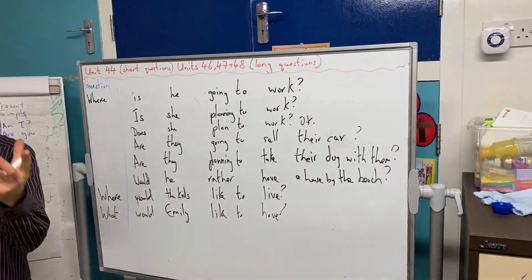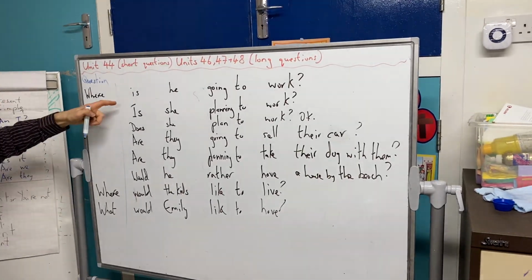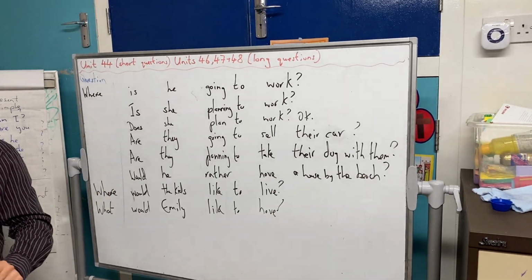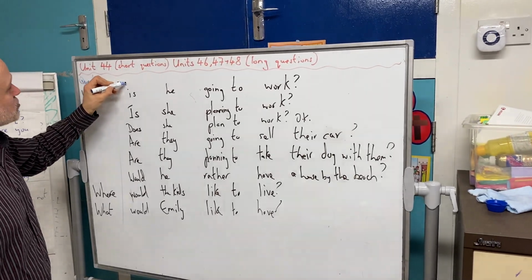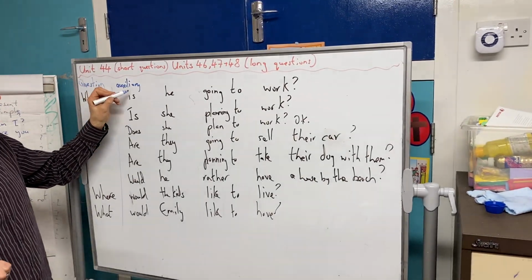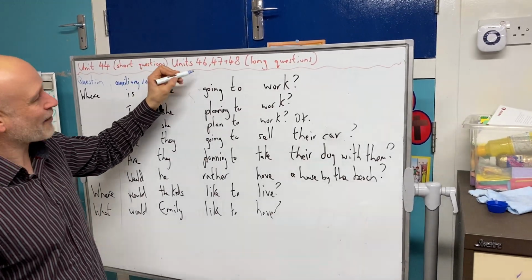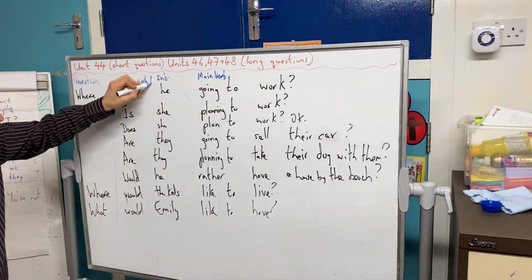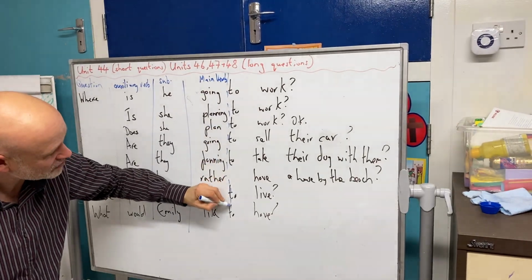Now, I've been teaching you things like the auxiliary verb do and does and did and didn't last term. We've looked a little bit at the verb to be, but also you need to remember that modal verbs are also auxiliary verbs. So it's really important to note that. We have a question word, we have an auxiliary verb, then we have a subject, and then we have a main verb. Now, if you look at these different things here,